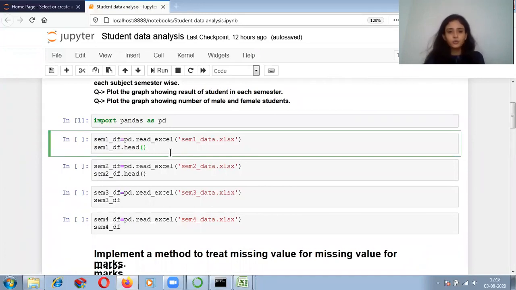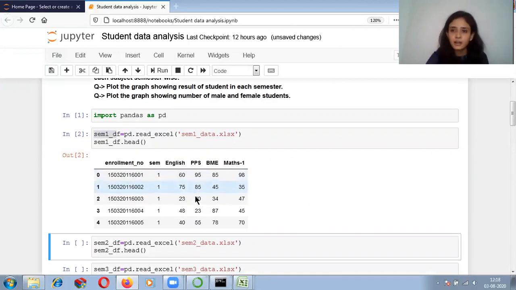I don't want the student underscore info data set just for now. If you want, then you can read the data set. Over here, I am creating one data frame, that is my SEM1 underscore DF data frame, and I am storing the SEM1 data in it, and I am printing the data set, that is SEM1 underscore DF dot head.